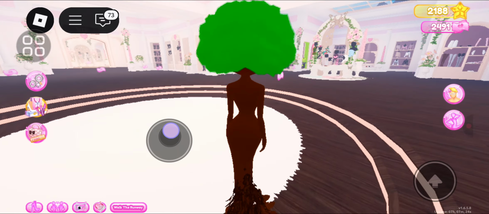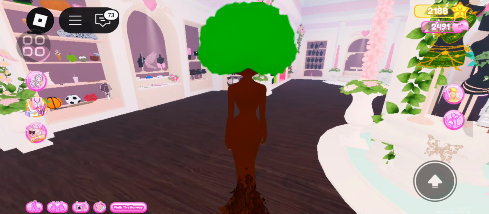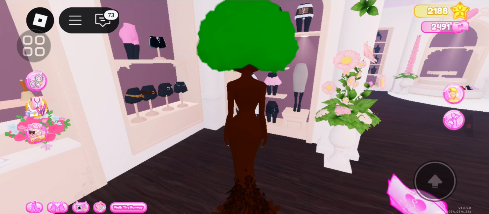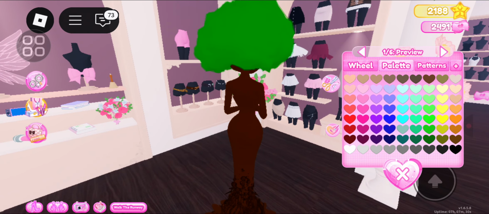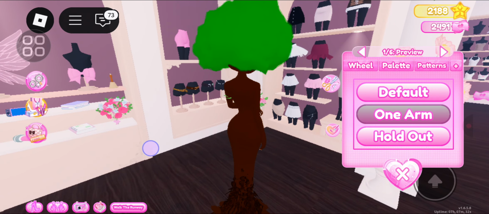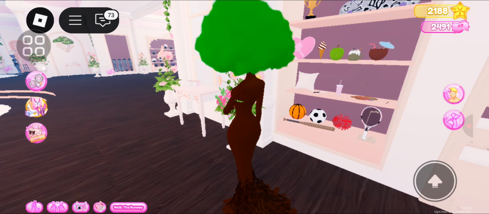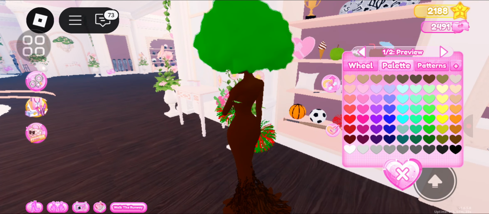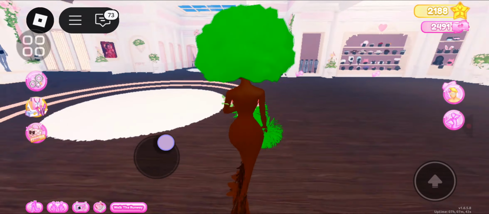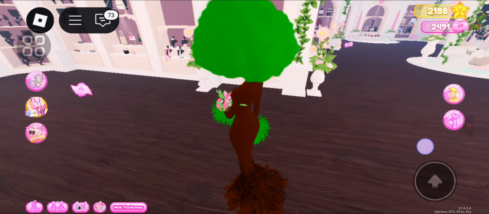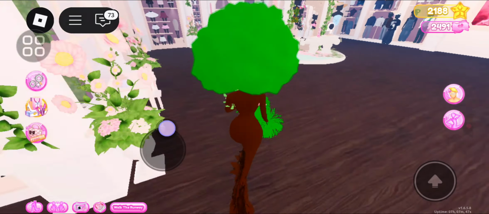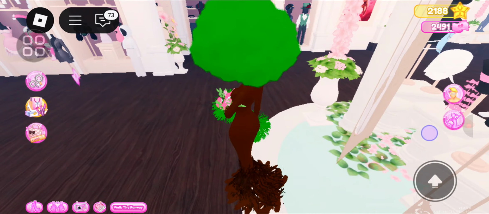I'm going to go to this area and grab this flower. Okay, change the toggle to one arm and grab this item, the cheerleader item, and then I'm going to color it green. Okay, and then the last one, I'm going to go to this area and then we're going to